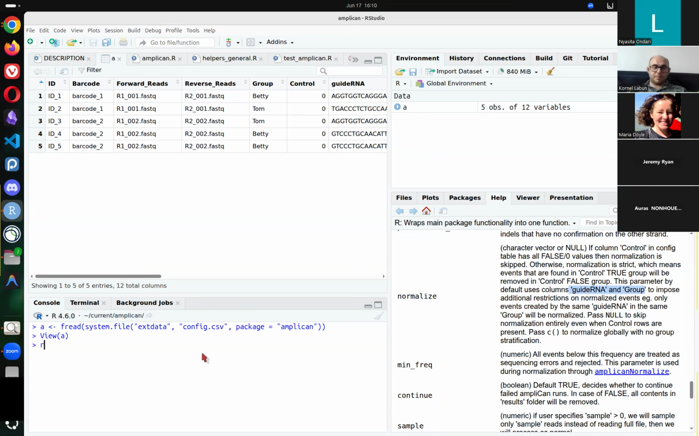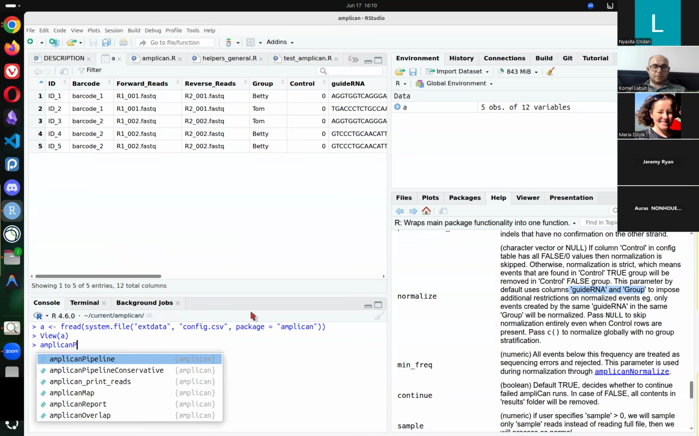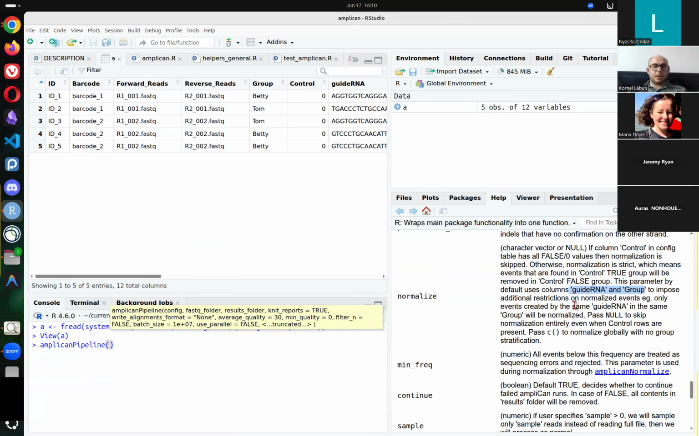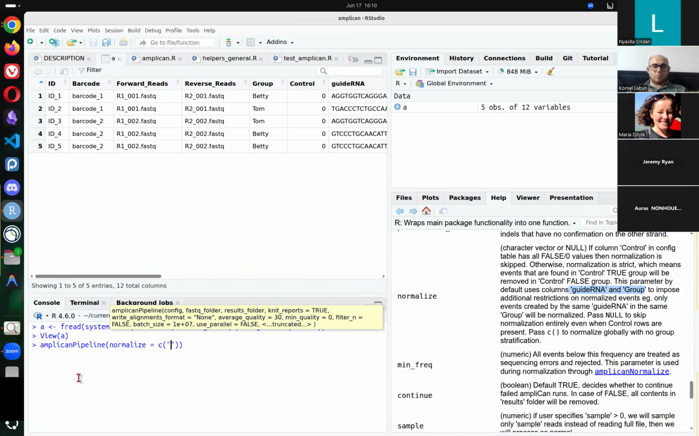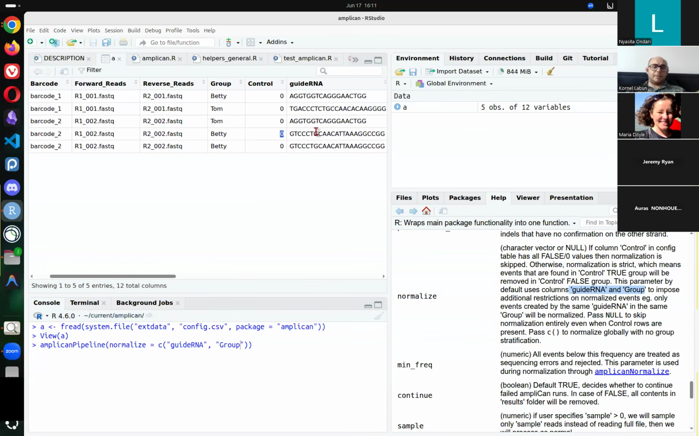So if we print the pipeline, somewhere over here you will see that this by default has this guide RNA and group. So normalize, you would have it like this, okay? And group. So that means if you specify this control as 1, then we will look inside the columns guide RNA